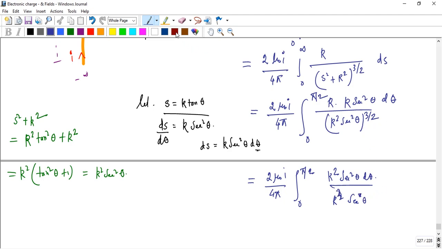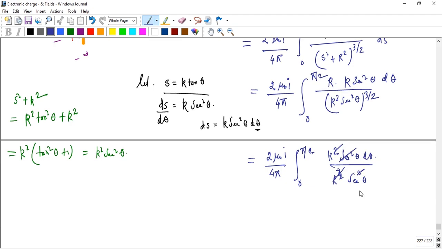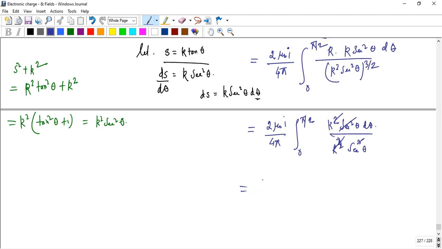So sec square cancels with sec square, and these two r's cancel, so we get sec theta in the denominator. So finally we get 2 mu 0 I by 4 pi r, which is outside the integration because it is a constant. So 0 to pi by 2 we get 1 by sec, and 1 by sec is cos